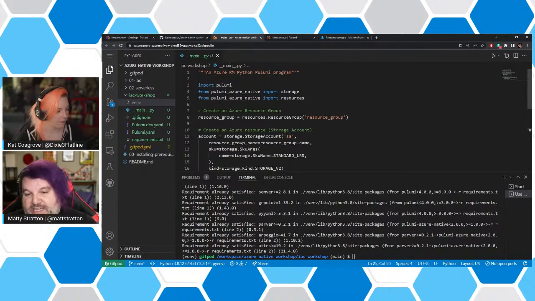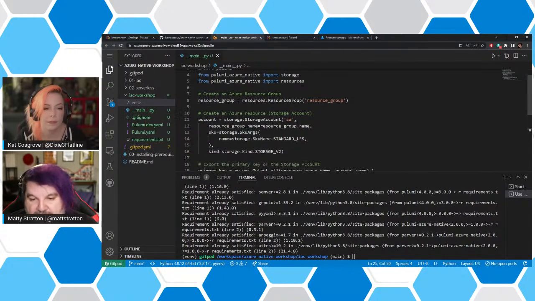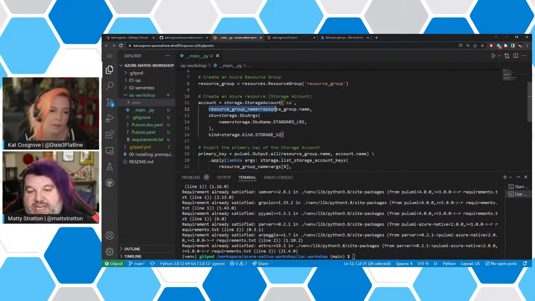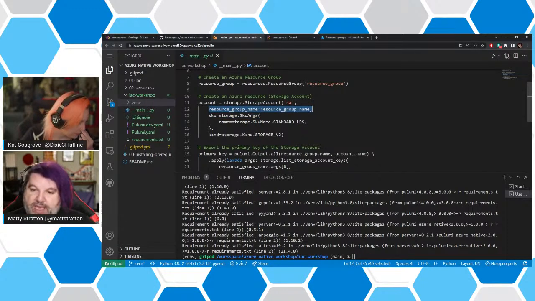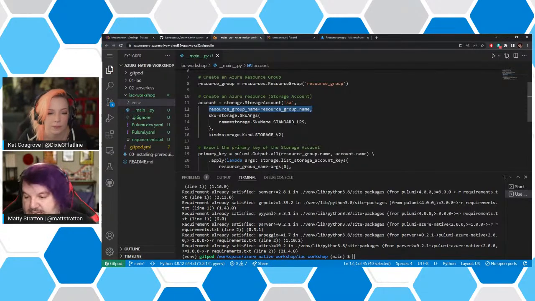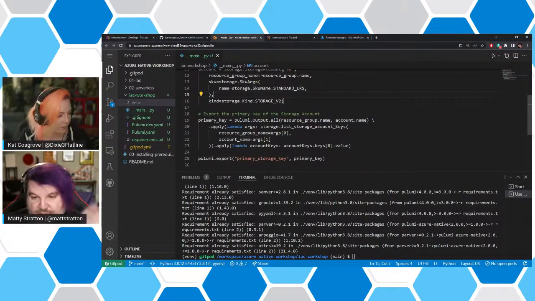But where this gets interesting is if we look at the storage account. If you look at line 12, you'll see you have to say for this storage account, what is the resource group I want? And we can refer to that programmatically because we created it and it has a parameter that is .name. So this is the kind of thing we start to see, because we're using a general purpose programming language, we can pass values around as those things get created, things we might not know what they're going to be. And that just continues all the way down, right?